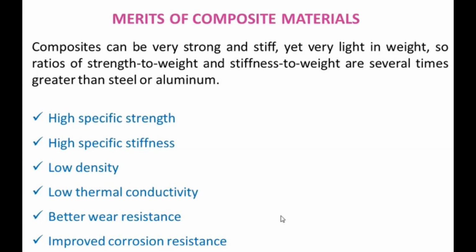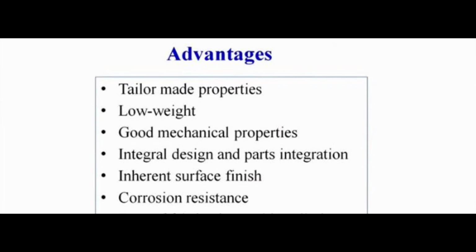Let's look at certain merits of composite material. Composites can be very strong and stiff yet very light in weight. So, the ratios of strength to weight and stiffness to weight are several times greater than steel or aluminium. They are nothing but high specific strength, high specific stiffness, low density, low thermal conductivity, better wear resistance and improved corrosion resistance. These are the merits of the composite material, and it has certain advantages like tailor-made properties, low weight,